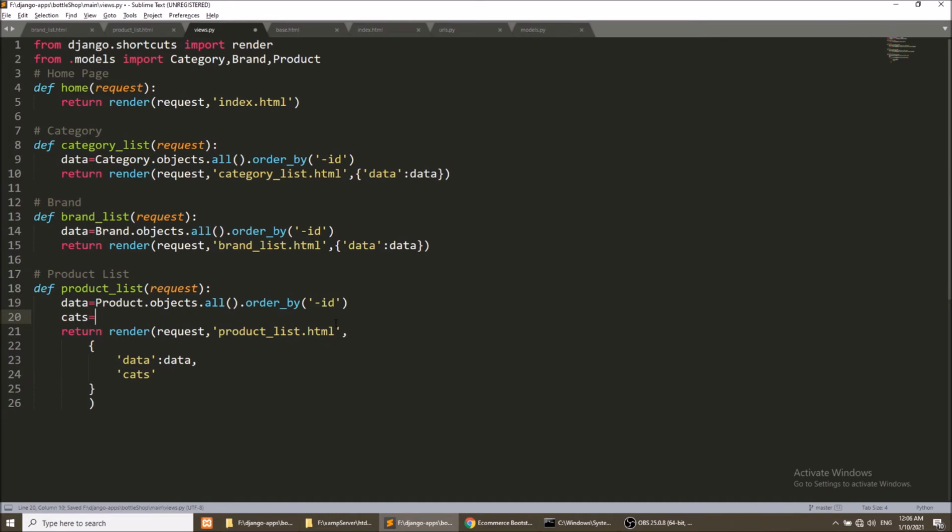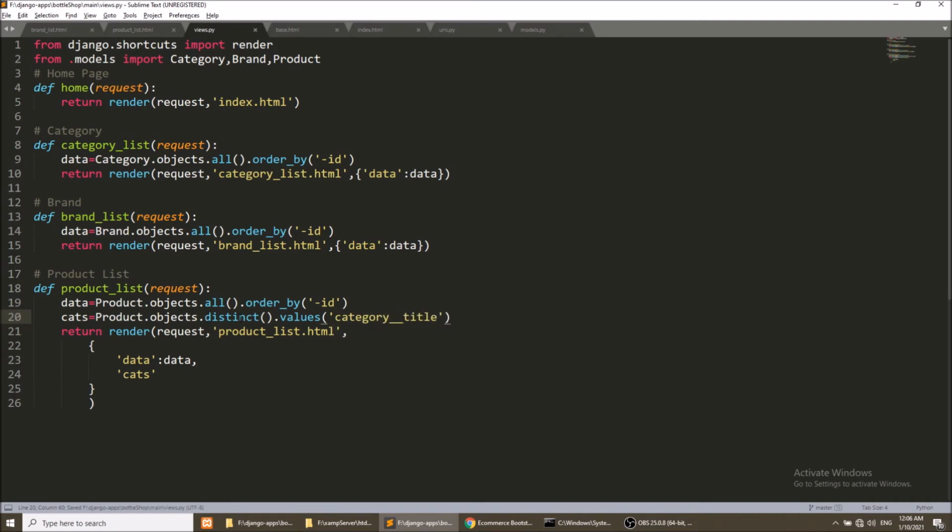Okay, so cats will be products. I will copy this code, and here we will use distinct. Okay, and here we will use values, and the values is category dot category.